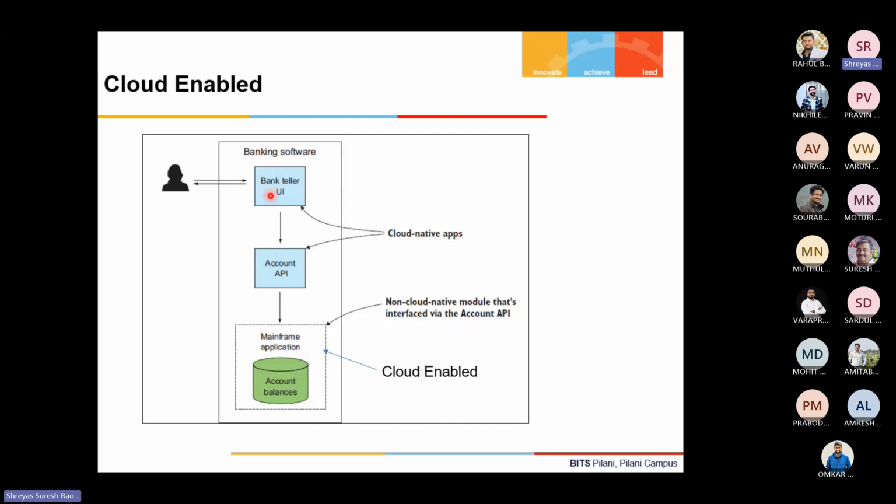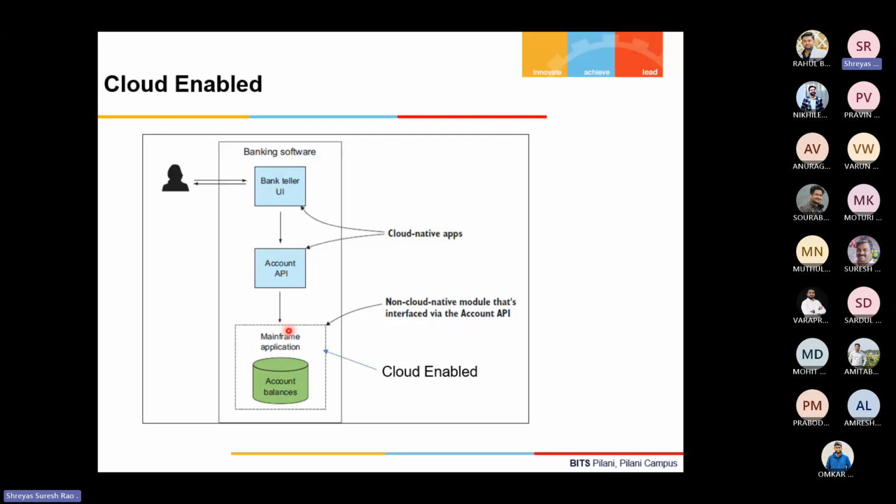And coming to the front end, there is a bank teller user interface which uses an account API to access the account details. Now if we consider that this setup of the bank teller UI plus account API is part of a large cloud native application, meaning they are hosted on the cloud, and they are making use of some cloud services, still they are connecting using the account API